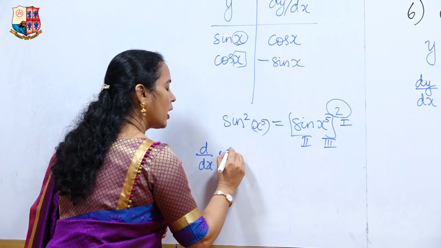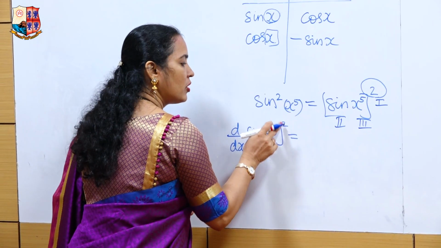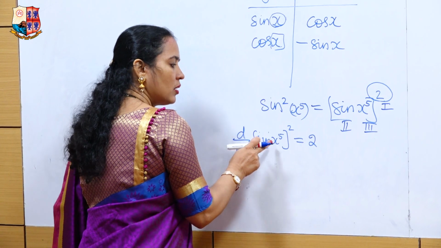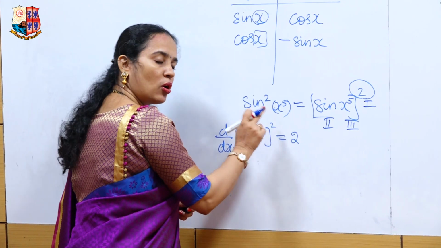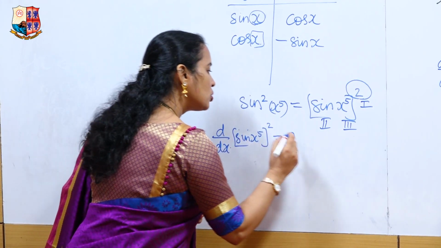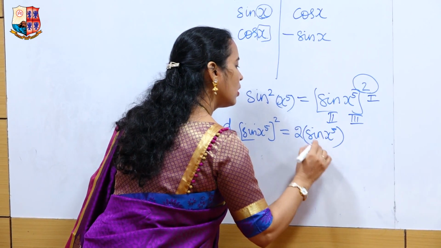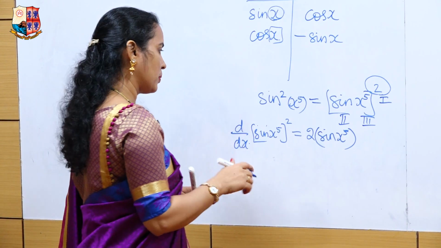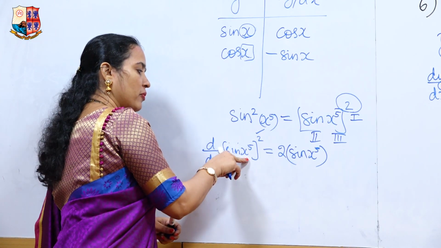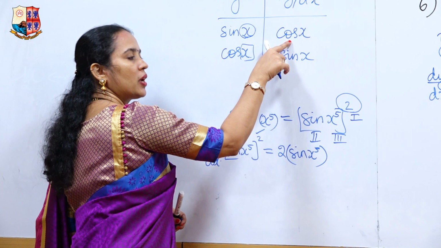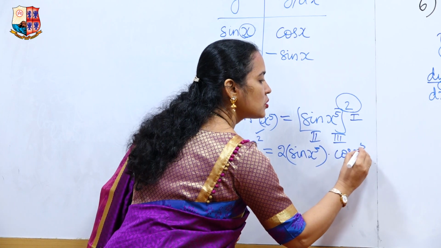So when you differentiate sine square of x to the power 5, or sin x to the power 5 the whole square, first bring the power down. It is just like how you use x to the power n. Base is a function, power is a constant. So bring the power down to sin x to the power 5 whole power 2 minus 1, which will be 1. So you are done with the power. Now differentiate sin x to the power 5. When you differentiate sin x, you get cos x. Differentiate sin x to the power 5, you get cos x to the power 5.